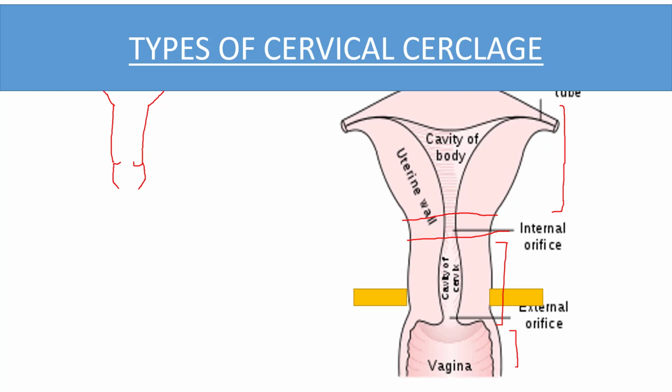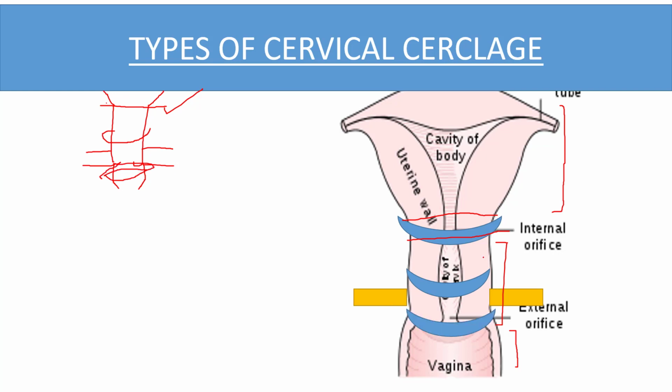And from the lateral and inferior border of the cervix there are cardinal ligaments. Now we can apply cerclage at the upper portion of the cervix, that is the junction between the isthmus and the cervix. Or we can apply cervical cerclage in the middle of the cervix above the cardinal ligaments. Or we can stitch the cervix below the cardinal ligaments. So just remember, either we can apply cerclage between the junction of isthmus and cervix, or above the cardinal ligaments, or at the junction of cervix and vagina.